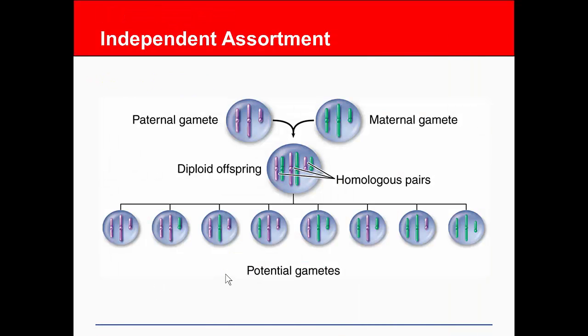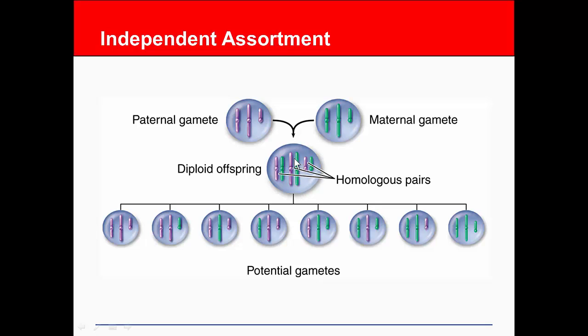There's also a process that happens during meiosis that is called independent assortment. And this is an incredibly important process as well. All right, so let's say I have an organism that has 3 pairs of chromosomes, normally, in its diploid cells. Well, that means its gamete is going to have 3 chromosomes. So here we've got a paternal gamete, this would be a sperm cell, and over here we've got a maternal gamete, which would be an egg cell. And when they fuse together, we get a diploid cell, right? So now it has 1 of each type of chromosome, and since there's 3 types of chromosomes, that is 6